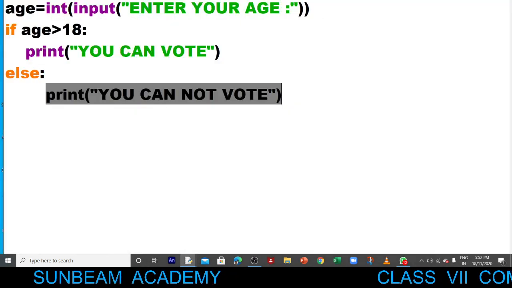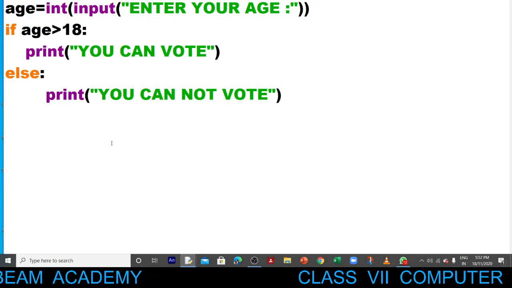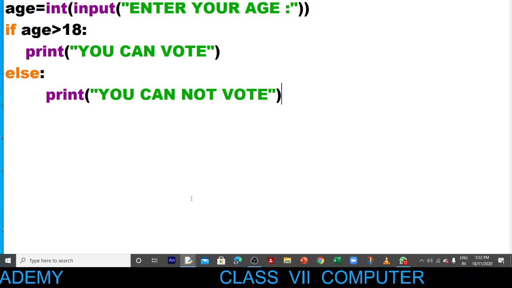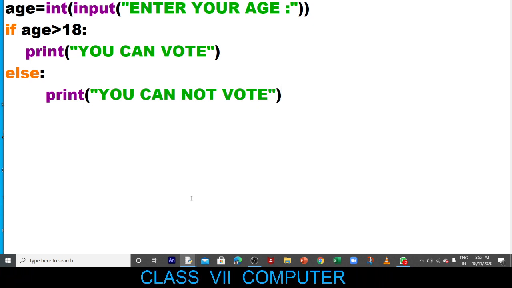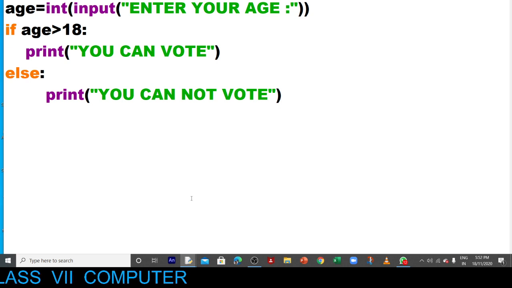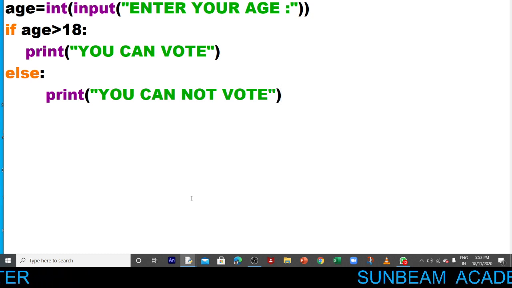Now children, the next one is multiple if. Okay, so let's start with the condition that you have to create a program where if you are writing 1, then it will show Monday. If you are writing 2, then it will show Tuesday. In this way, if you are writing multiple statements, then how will it be printed? It is given in your book and I am explaining it directly from your book.